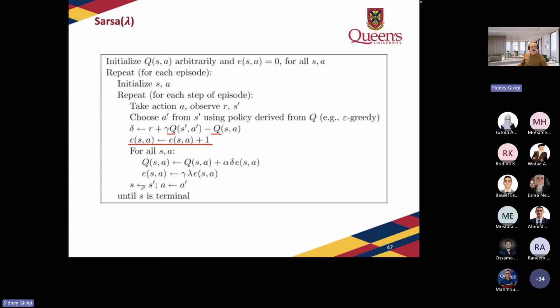And we keep track of this, and then when we are going to choose an action, we are going to take into consideration the epsilon greedy algorithm that we have seen so far. So it's the same idea, same approach, but now we have a generalization of how we do the updates. And these updates are going to be weighted by this value of E. Observe that these values here are always decaying, but we are going to take that into consideration for the updates that we are going to be doing.